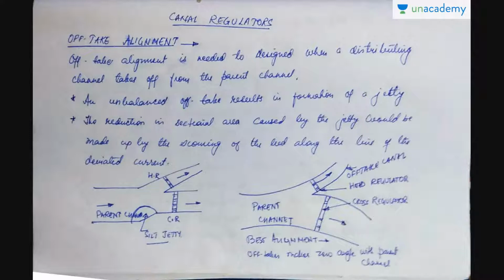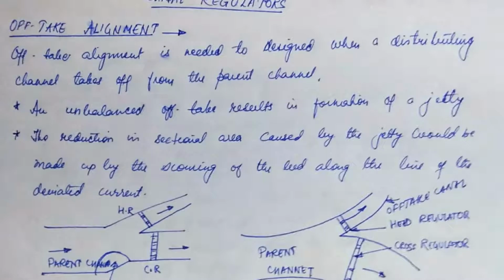And this course is all about canal regulators to regulate the flow of water through your canals. Whenever we need water to reach our field, a distribution channel takes off from the parent channel. The alignment of the distribution channel is called offtake alignment, and